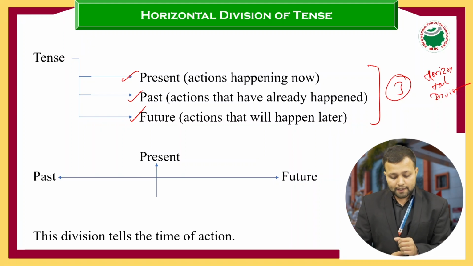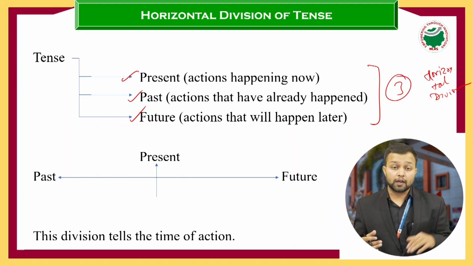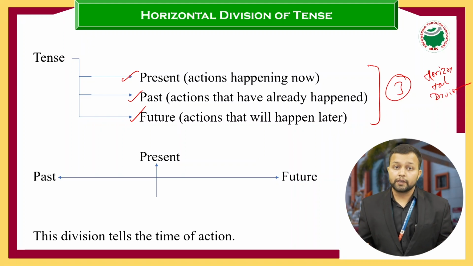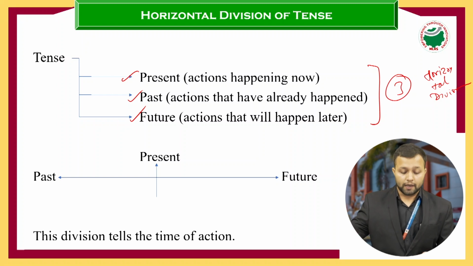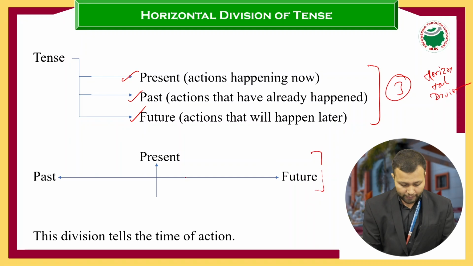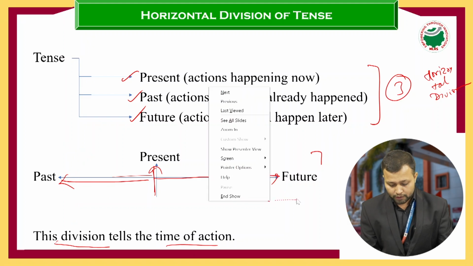Present tense tells us about actions happening now. Past tense tells us about actions that have already happened. In the same way, future tense tells us about actions that will happen later. So, on a timeline, we can express it like this: this is our present time, it will be future, and it was past. So, this division of tense, the horizontal division,